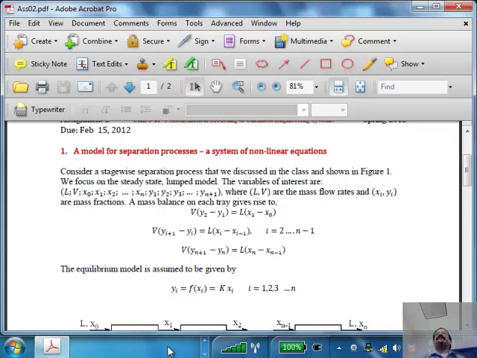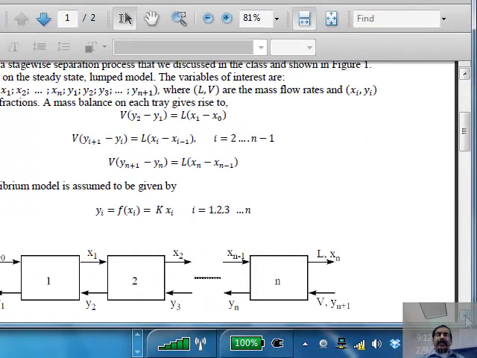Now, the question that you have is about the second assignment, right? The second assignment is essentially the generalization of what we saw in the class in using FSOLVE. Every assignment will be like this. I take you through the process of identifying a particular type of problem. In this case, we're talking about a system of nonlinear algebraic equations. FSOLVE is the tool in MATLAB that's going to help us solve that. We were shown how to do that with just 3 equations, 3 stages. Now what I want you to do is take the same idea, you can go back to the lecture and listen to it if you want, and generalize that to n stages, where n could be 10 or 15 or 20 or whatever it is.